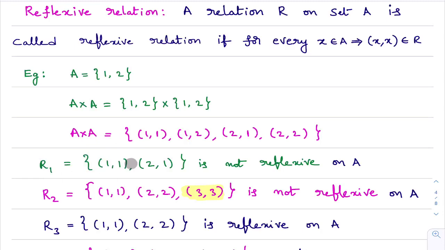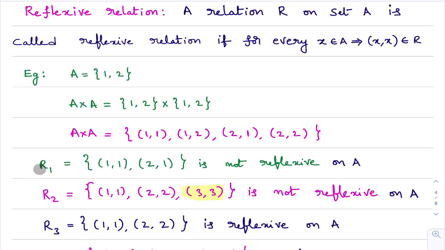Last class we clearly discussed what is a relation and what is not a relation. Please go through that video. Here, this is a subset of A cross A, so this is a relation on A. That is the first thing. Second, when we say this relation is reflexive, you take an element in set A. For every element in set A, you check that if you take X in set A, X comma X is there in the relation or not. You see here, this is set A. You take the first element, 1. You check whether the ordered pair 1, 1 is there in the relation or not. You see here, the ordered pair 1, 1 is there in this relation.